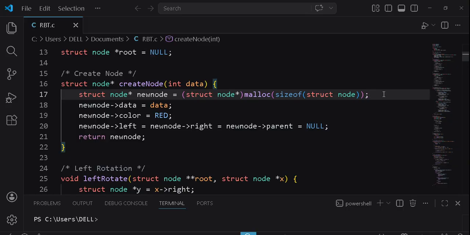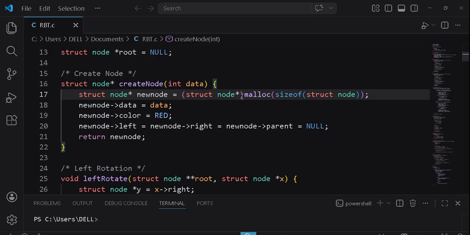malloc really doesn't know. So malloc keeps that starting address in a void pointer. We have to convert that into an appropriate pointer. Since this piece of memory actually points to a node, we converted that void pointer into struct node star. It is typecasting. I am converting void pointer into struct node star, meaning I am converting it into a node